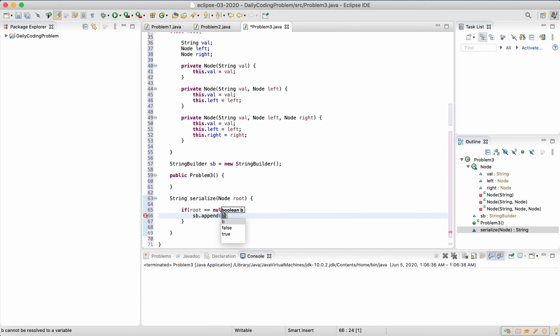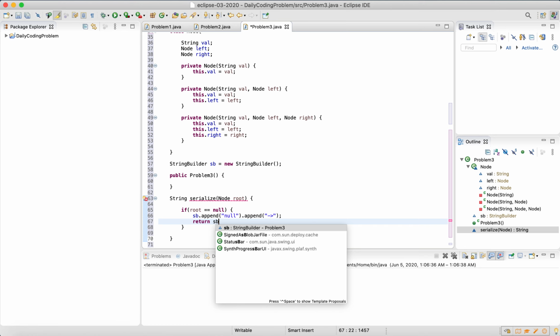So we mentioned in our notes we need to append that, and it needs to be represented. So of course it needs to be represented as a string. Now we actually need to append something else to this. We need to append something that signifies a pointer to the next node, and that's going to help us understand this, and it's also part of the requirement. So to do that, let's just use this as the delimiter or as the pointer, and hopefully that'll be clear once we start printing this out that that's what that is meant to be. And finally we'll return